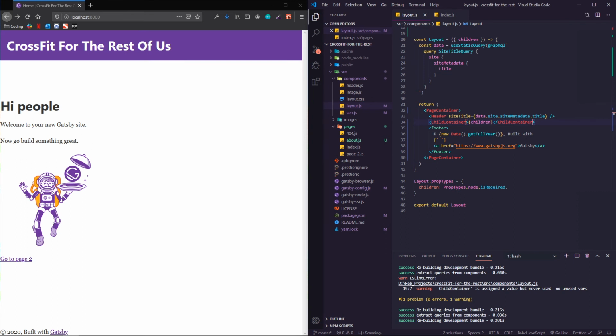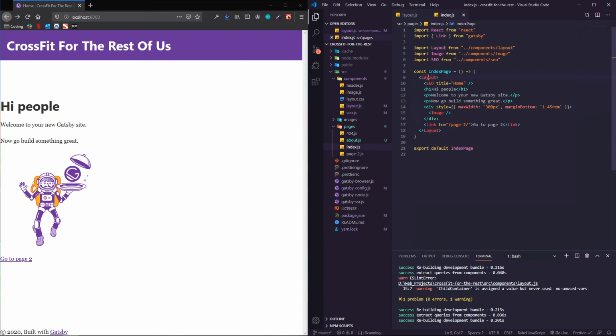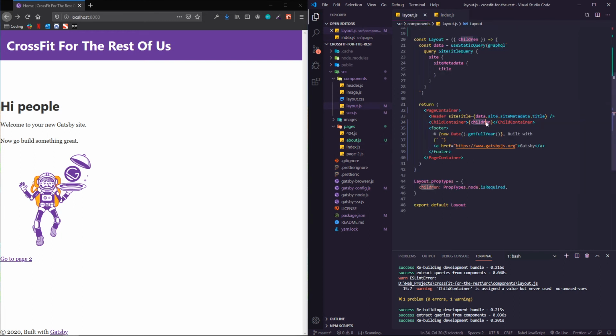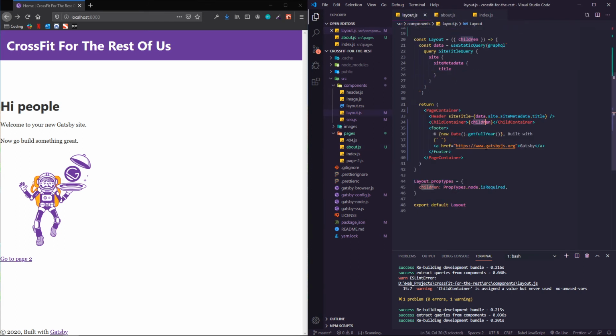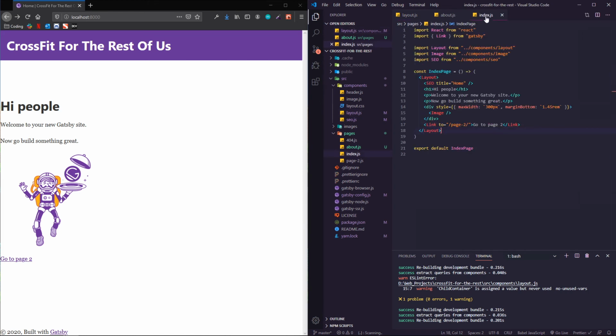This child element here, children is just anything that the layout is wrapping. So layout is wrapping all of this content, and this stuff is what children is representing. Same thing with the about page that we created. All of this is what's described as children here. So now that that is set up,